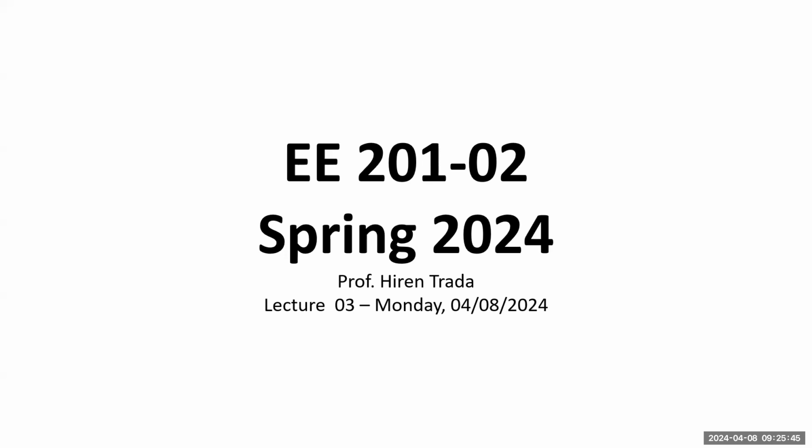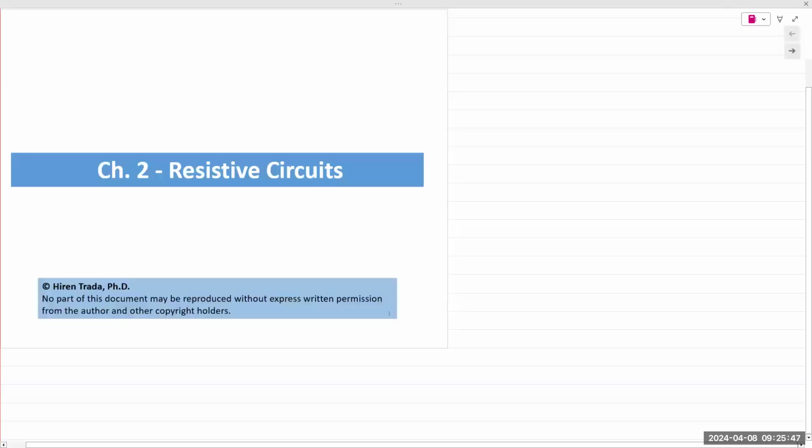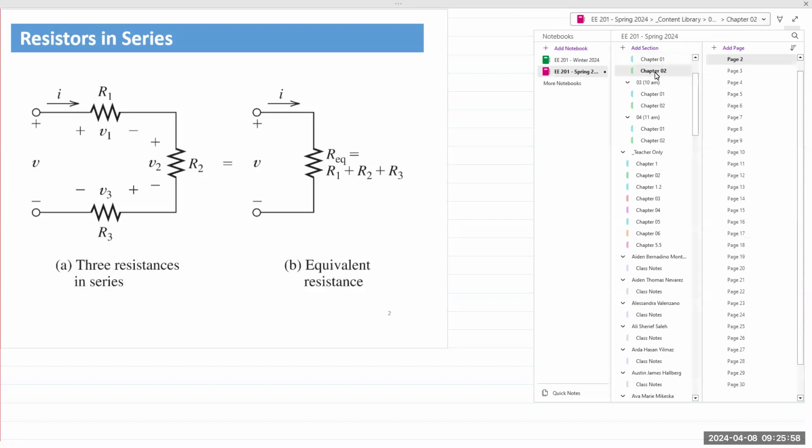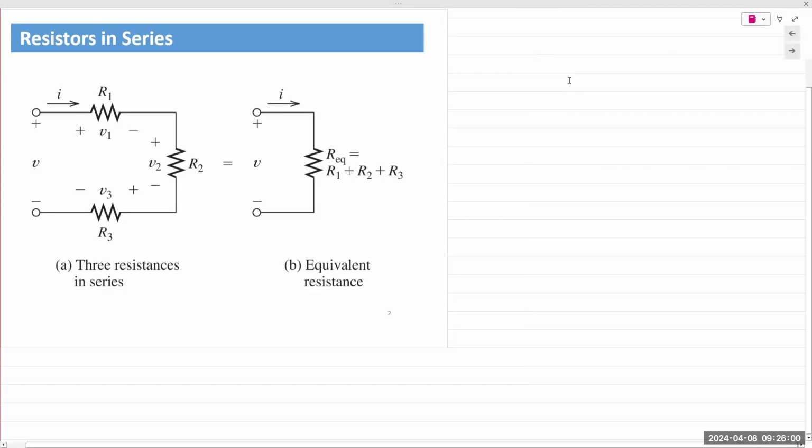So resistive circuit analysis begins with resistors connected in series. Okay, resistors connected in series. Now, the first thing I would ask students is, how do you know if a component or two components are connected in series? Anyone put it in words? There is a junction, yes. There's a junction. More importantly,